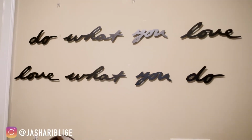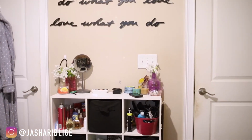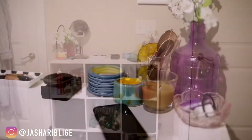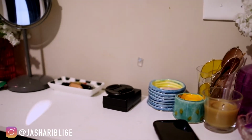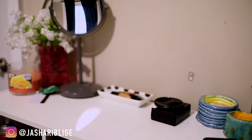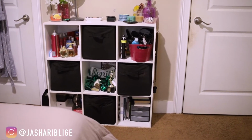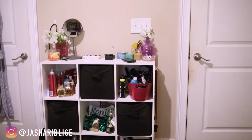Alright guys, so we're going to start off this tour right here in this section. Basically, it's just a little cubby thing that I have right here that I like to keep my clothes in. And then up top I have some candles, there's some jewelry in those little jars, and then just random stuff, mirror and flowers and whatnot. I'm not going to go into all the little cubbies, but I do have two main ones that I use